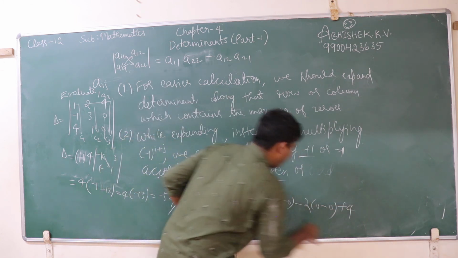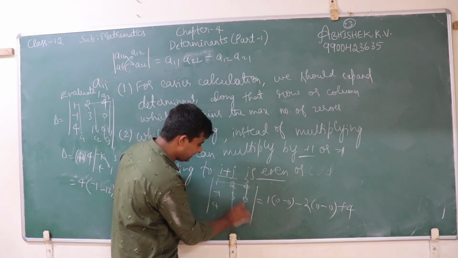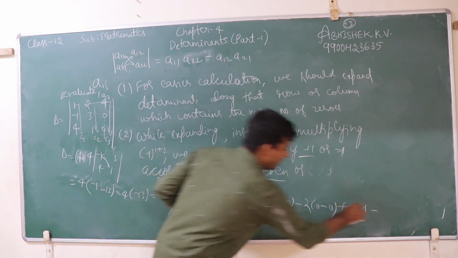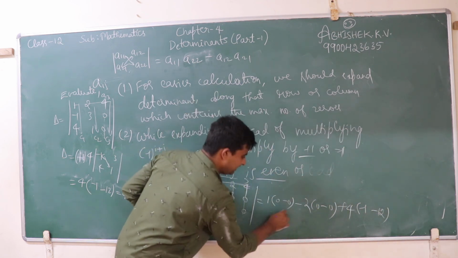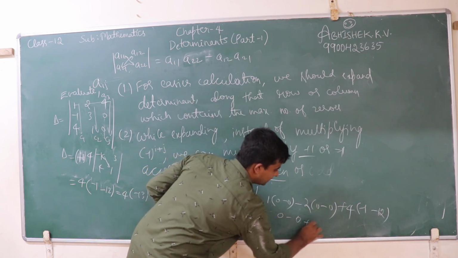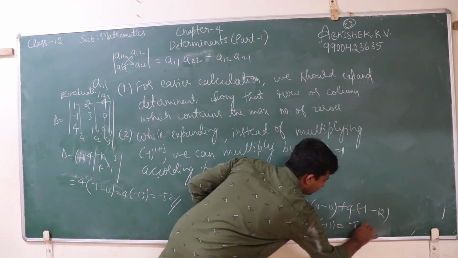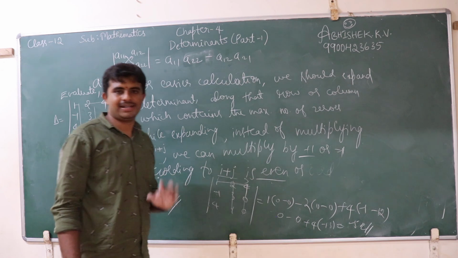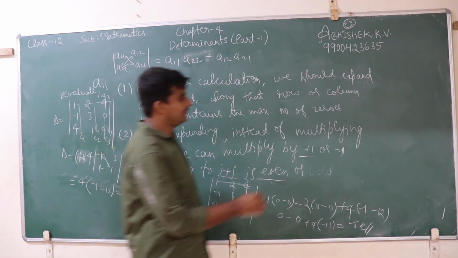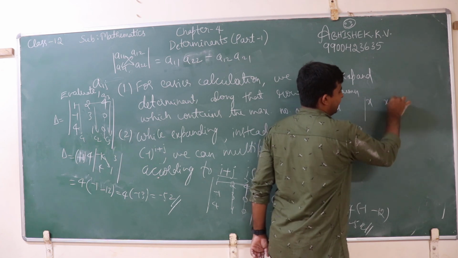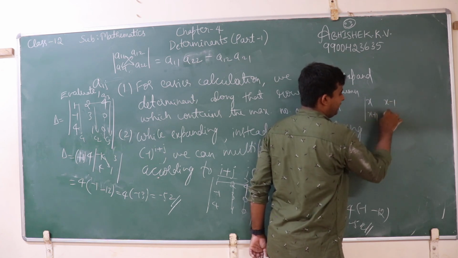Then plus 4, deleting this row and this column, minus 1 into 1, minus 4 threes are 12. See? 0 minus 0 plus 4 into minus 13. This is also equal to minus 52. If the examiner gives, find the value of x for x minus 1, x plus 1, x